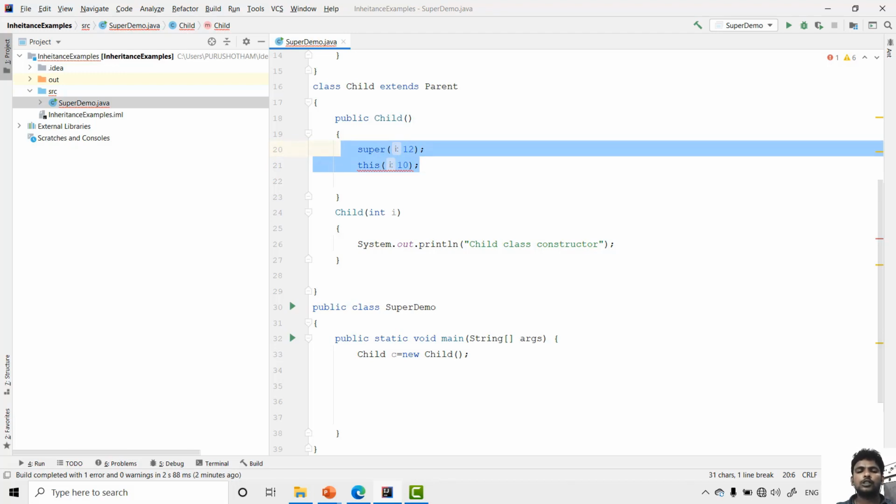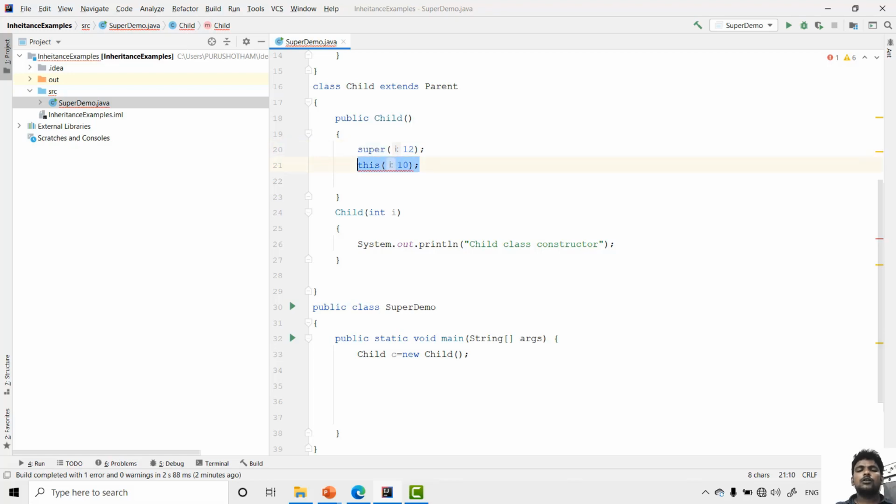Super and this are not possible. The reason? Super is a keyword, super method must be the first statement of the constructor, and this also must be the first statement of the constructor. In the first statement we cannot write both method calls, so that's why these are not possible. Either you can call this or you can call super.